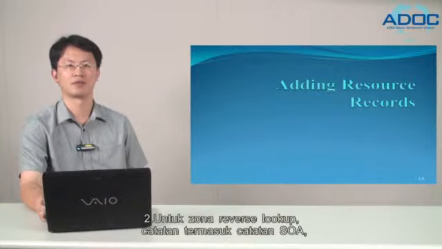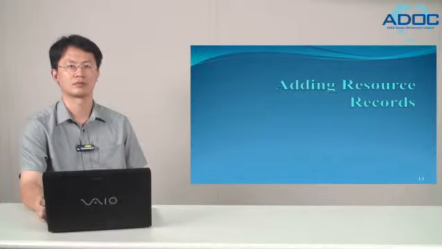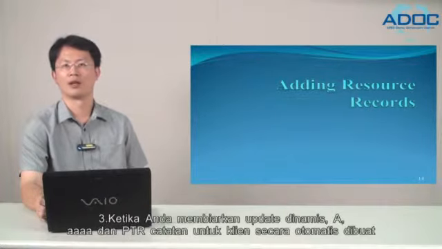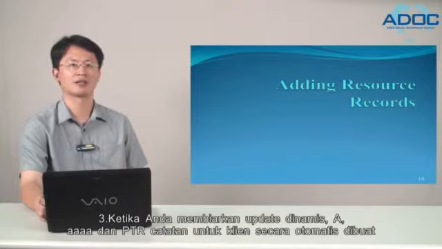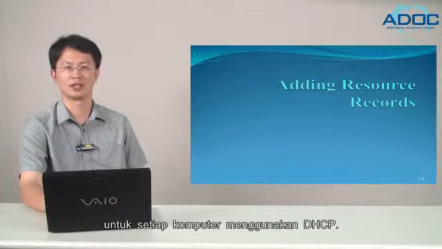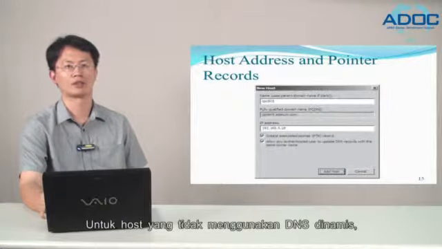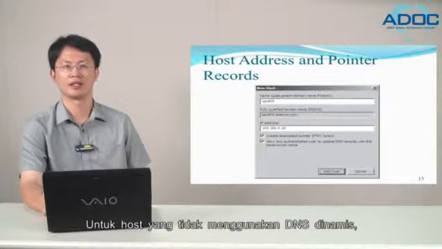For a reverse lookup zone, these records include an SOA record, NS records, and PTR records. When you allow dynamic updates, A, AAAA, and PTR records for clients are automatically created for any computers using DHCP. For hosts that don't use dynamic DNS,